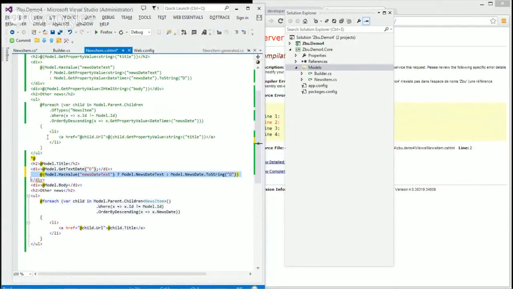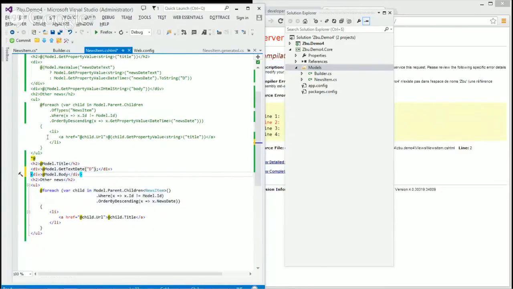So that's now much better in terms of readability. Someone who picks up this file at a later date, who's not a C# coder and is a front-end developer, can still understand: okay, model.title, this is where the page title is going to be, this is where the date's going to be, and they can still modify the HTML markup around it quite easily.